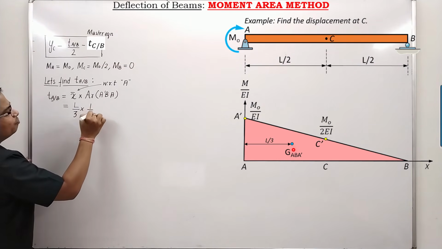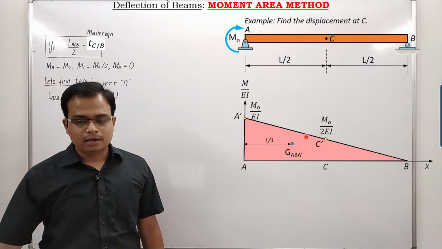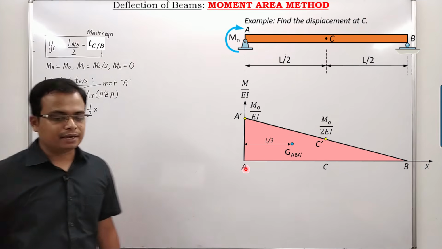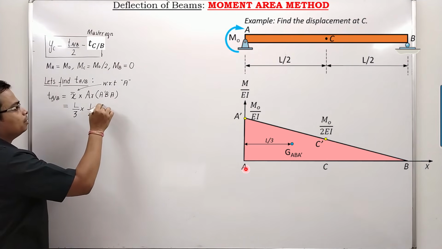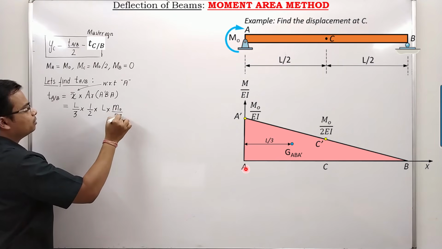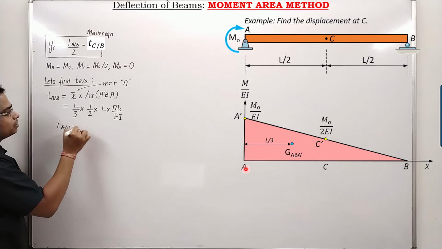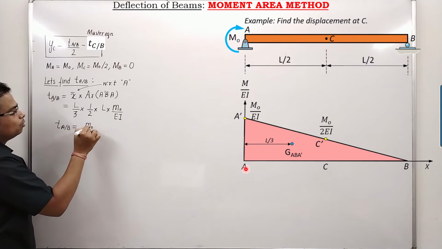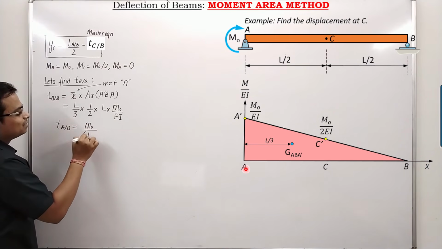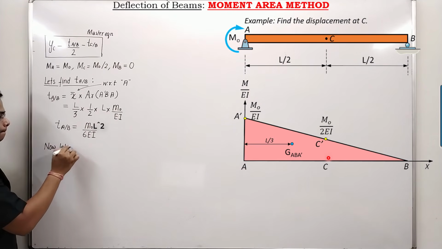It's a triangle, half of base into height. The base is L and height is M naught over EI. Fairly simple, L M naught over EI. Very simple math. TAB has been calculated. This is equal to M naught L square divided by 6 EI. Now let's find